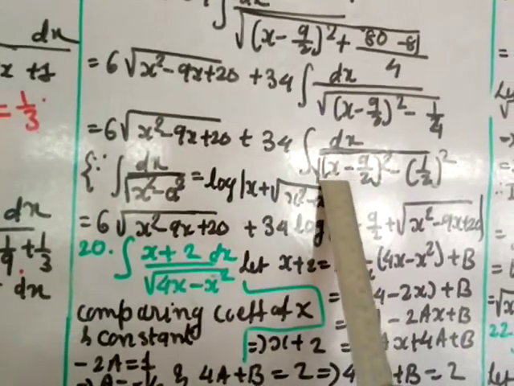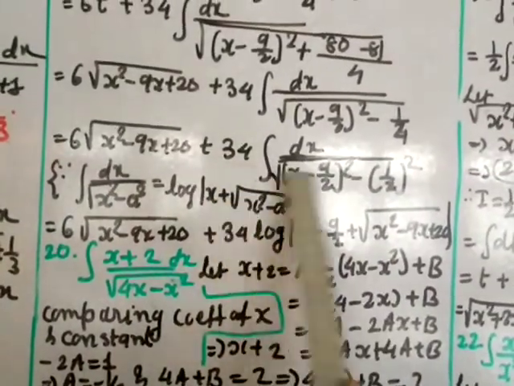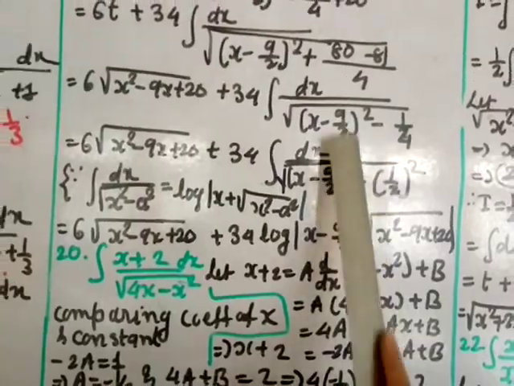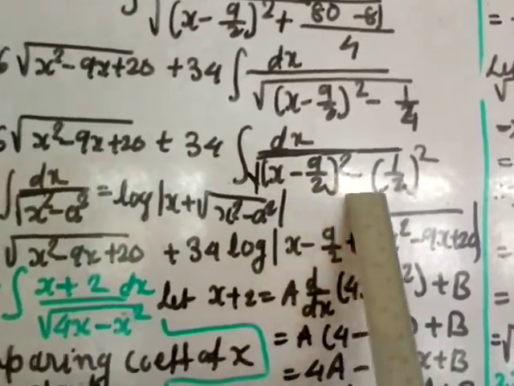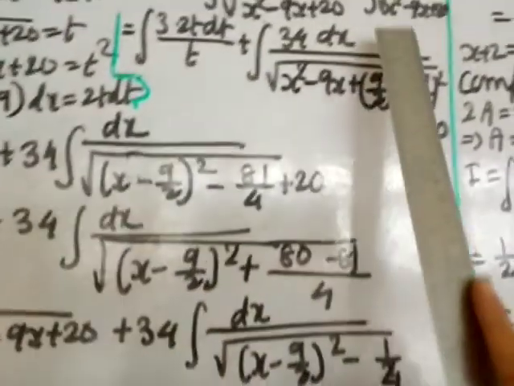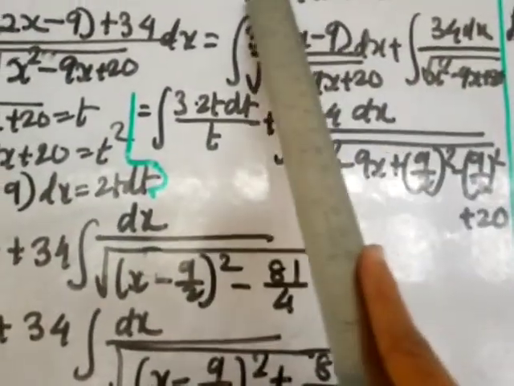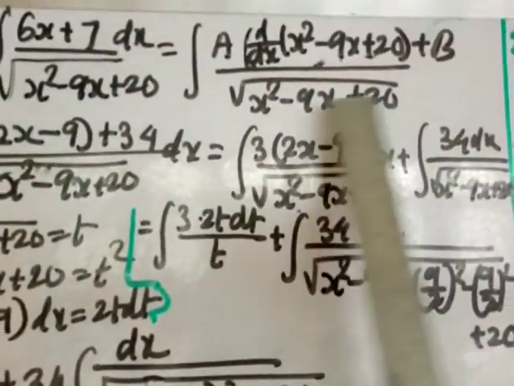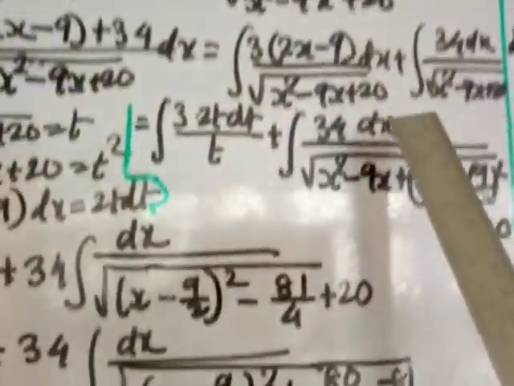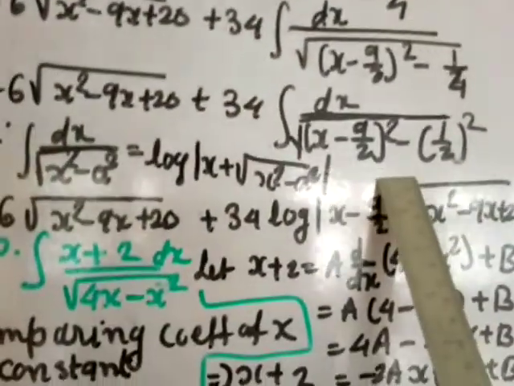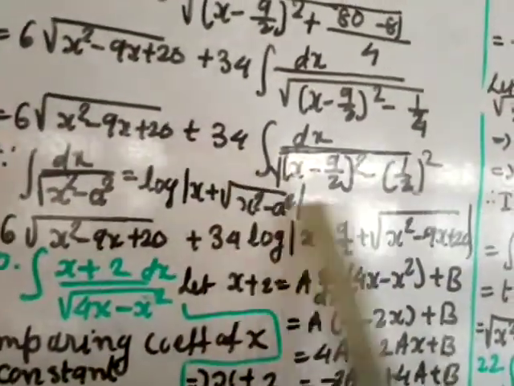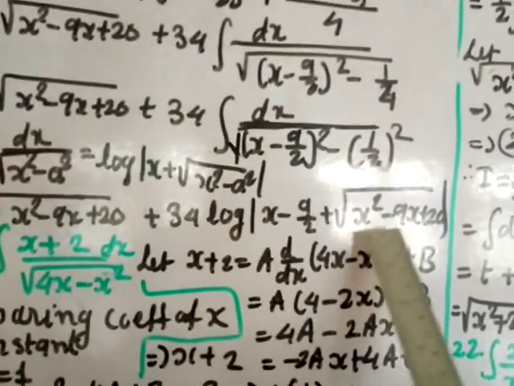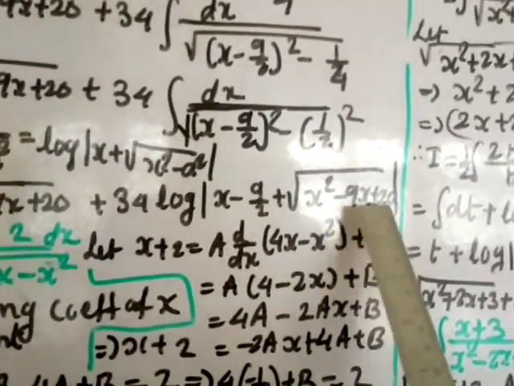Instead of x you write x minus 9 by 2 plus square root of, actually this square root we have found from here. Okay, see, we have found this square root of x minus 9 by 2 whole square minus 1 by 2 square, we have simplified from here. So that is nothing but the given question, so I will put that value back, x square minus 9x plus 20. Okay, because that is what we have simplified and got into this form, because we have to compare with the standard formula. To use the standard formula only we are simplifying, so at the end we can put back the original. So I put x square minus 9x plus 20.